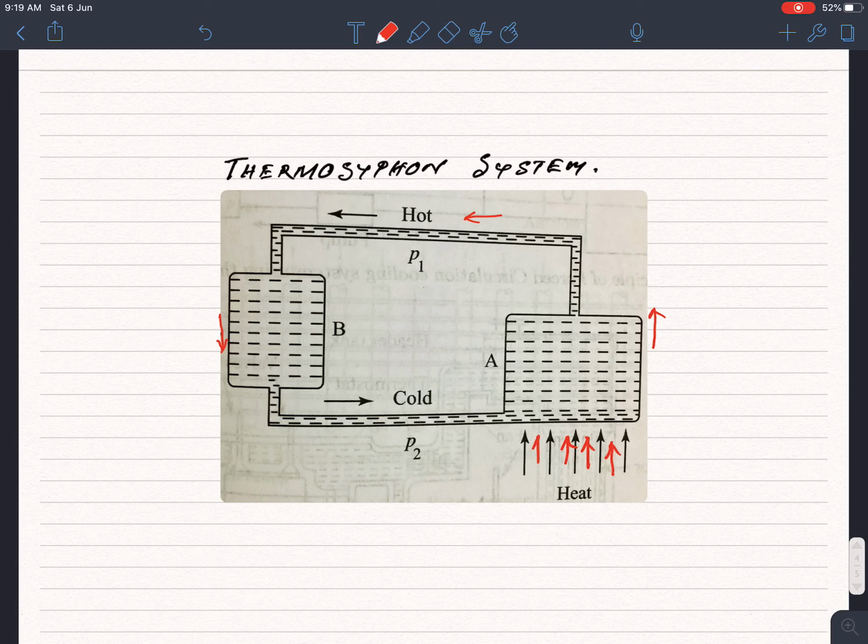At chamber A we are supplying heat. Because of heat, the water contained in A evaporates